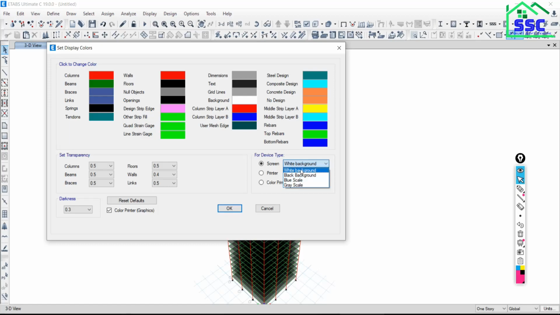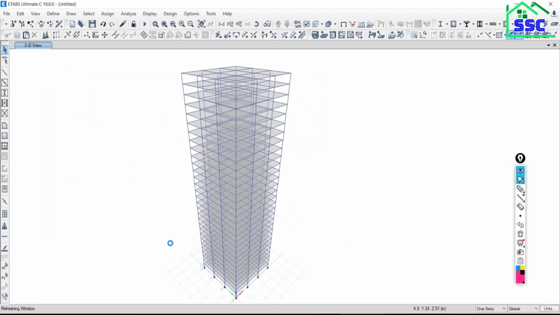Once you see, it has suggested what color will be suitable for the white background, what the suitable colors will be for different structural elements. So once you click over white background, this default color will be suitable. Say okay. So this color will be suitable with the white background, and this has been suggested by default by the ETAP software.